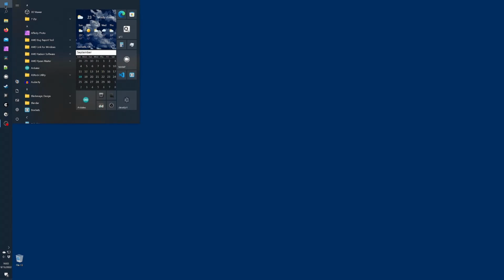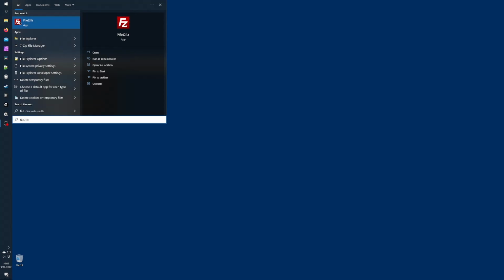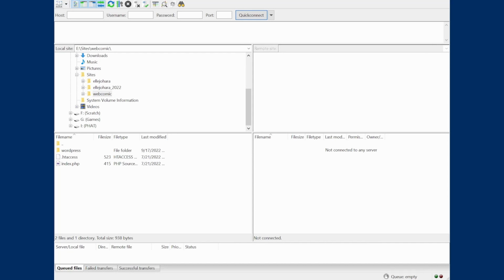Go ahead and open up your FTP client. Enter your login and directory address information here and click Connect. Your FTP client will verify your credentials and connect you to the server.